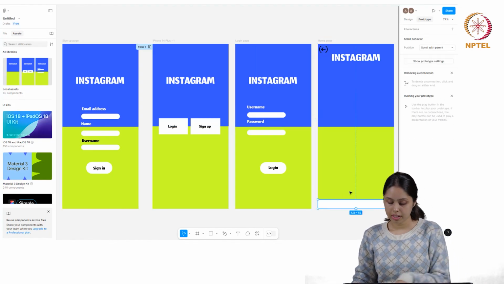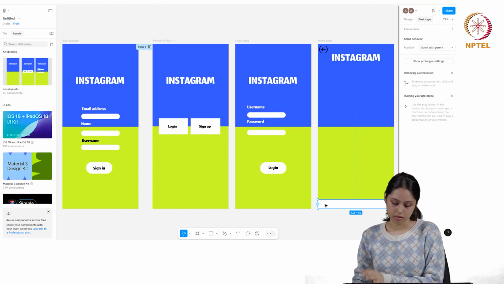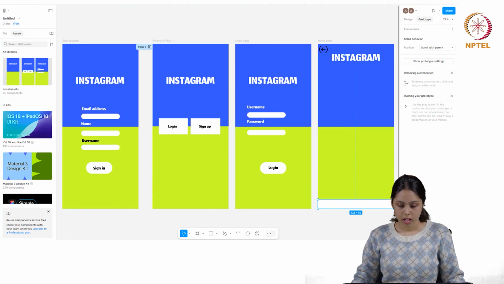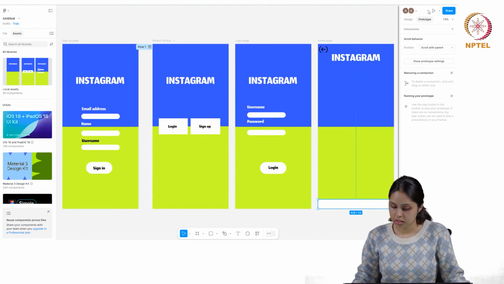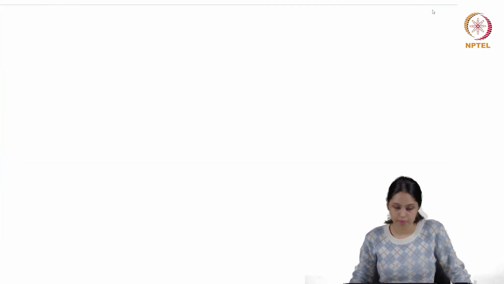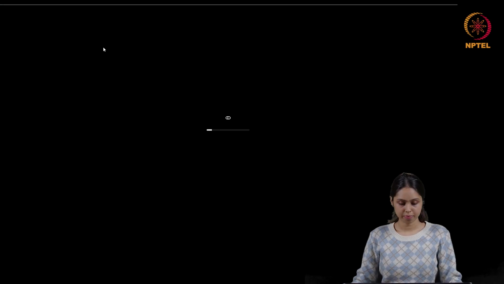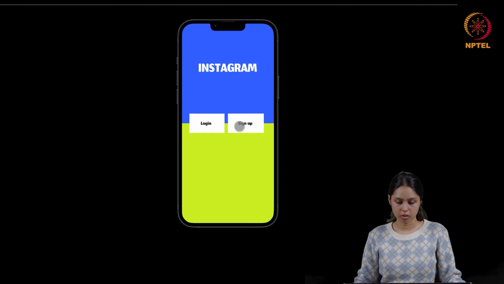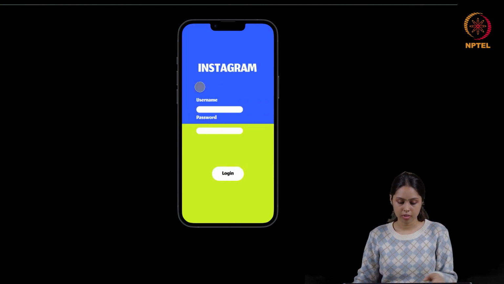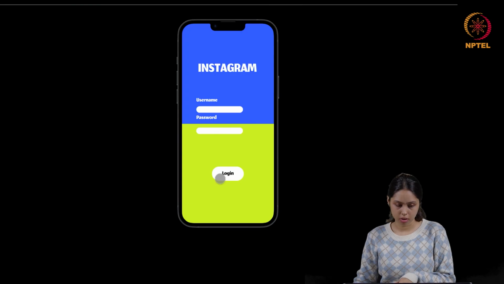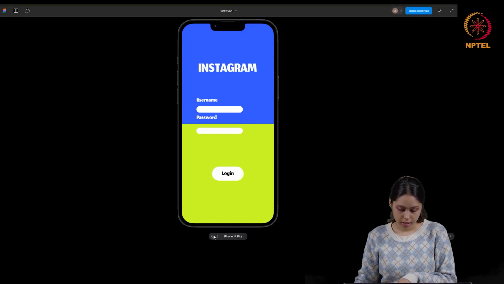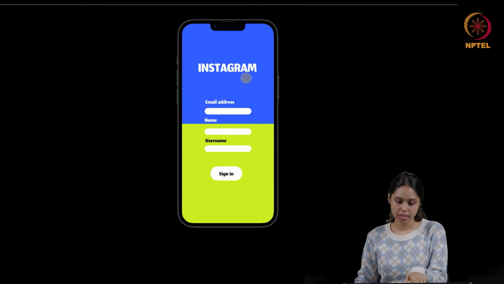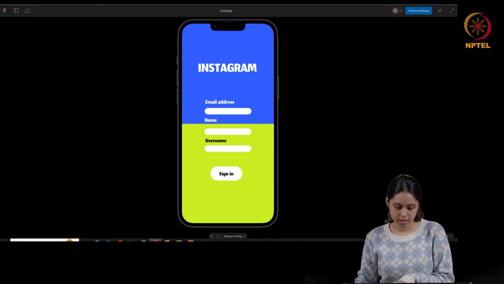Okay, and even here you can add different icons, home icon, whichever you want to add, and make different connections for it. For now, let's just try to run it once if it's working correctly or not. Okay, so I've run it now and it shows the first page that we had, Instagram login or sign up. Now, if I click on login, it will take me to the login page and I can log in. Or if I actually click on the sign up page, it will take me to sign up and I can sign in, right?